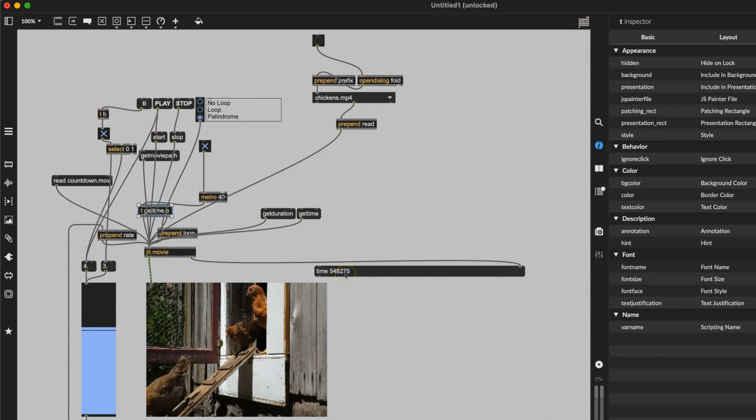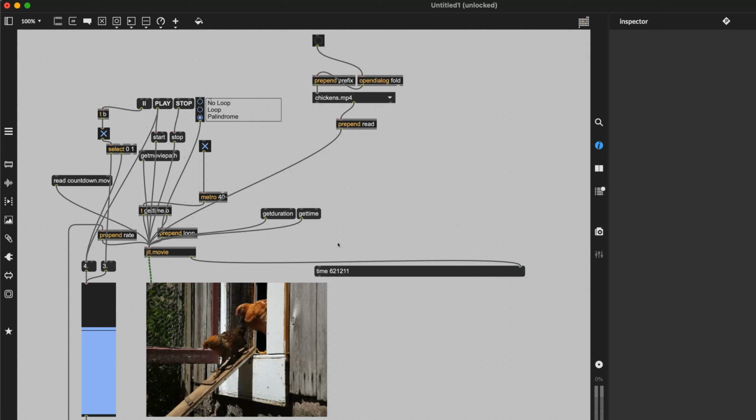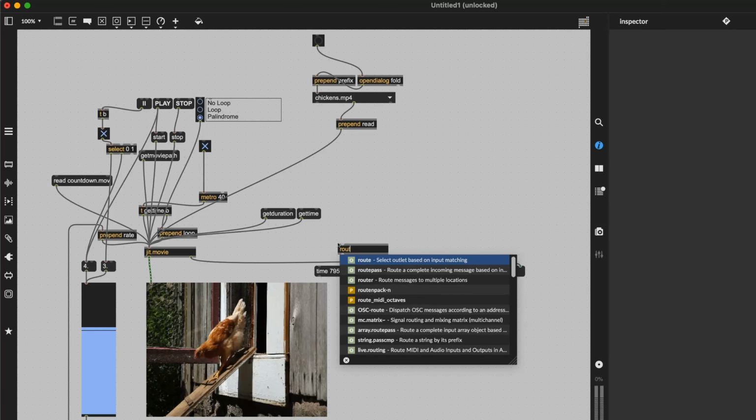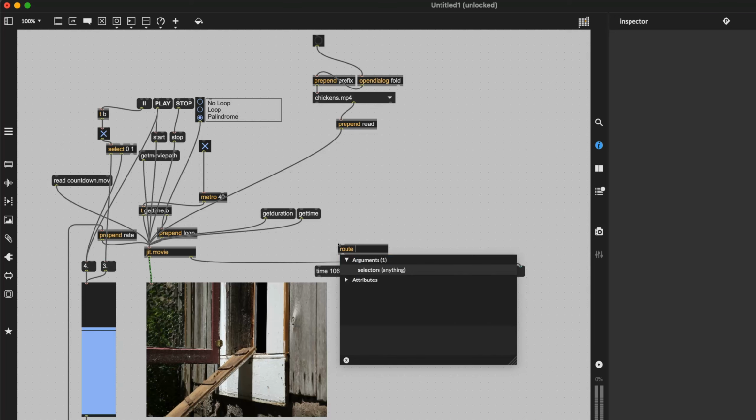And now we can see the clock running because it's asking for a get time every single time we do this. So what we need is a way to route these two things so that we can find out how big the movie is and what time it is. We have a device for doing that, and it's called route. And we say if something comes out and it says time, then go out this chute, and if it says duration, as the other one said before, if you recall,